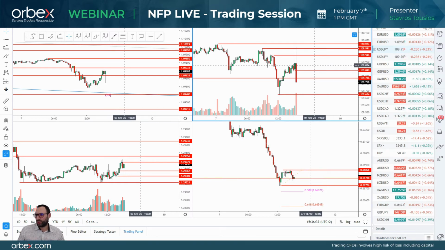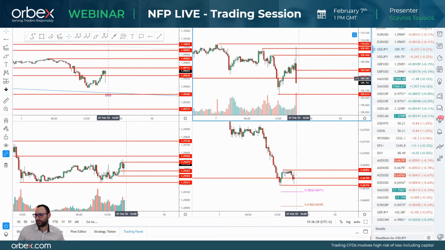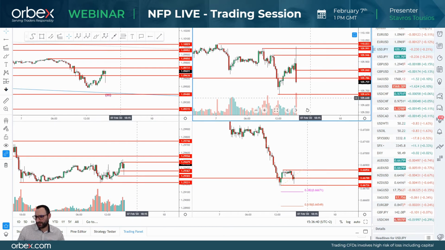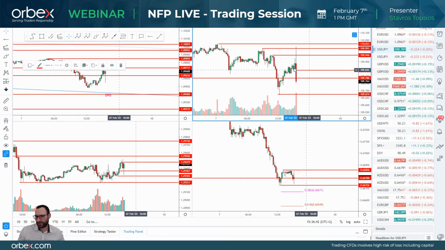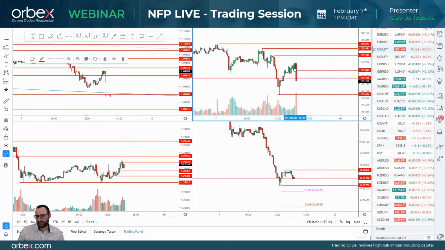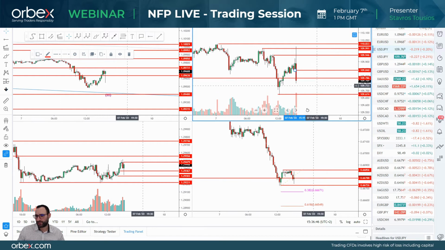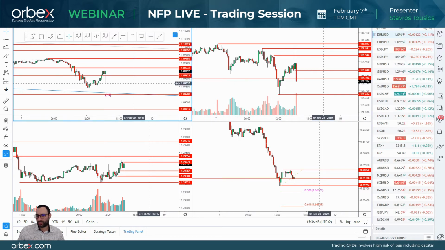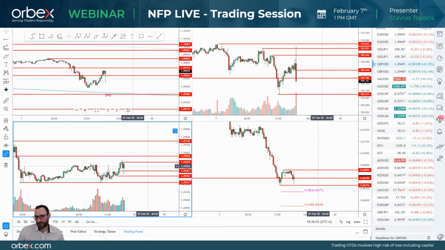Okay, so we've had this swing over here, entered, got out, then entered, got out. At least you can see for yourself that on the dollar-yen, these levels were quite helpful. They were reached as well. Euro-dollar, still not moving. This is pound-dollar, still not moving. It's very tiny, these moves.